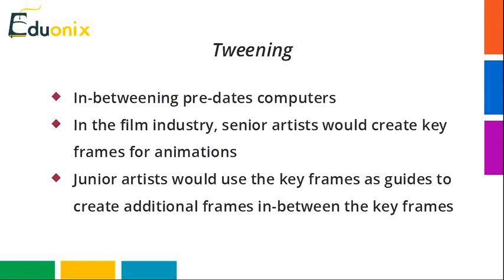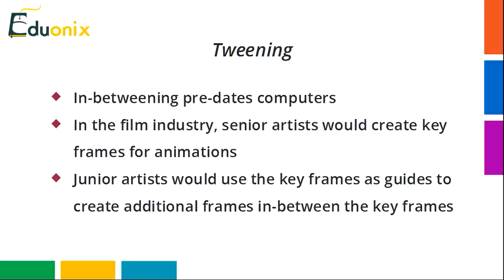So in the last lesson I discussed stop motion animation, and I showed how animations are illusions of movement created by images that change slightly between frames when they're played quickly. And in this lesson I want to talk about tweening, which is a way of automating the process of creating frames. And in fact something called in-betweening predates computers because this was used in the film industry when they were